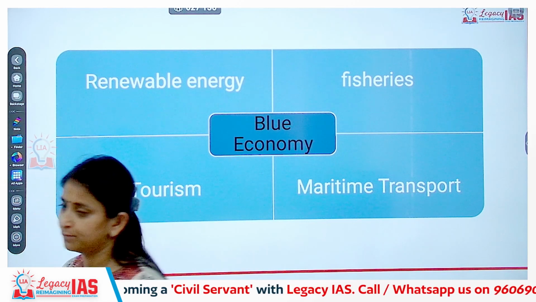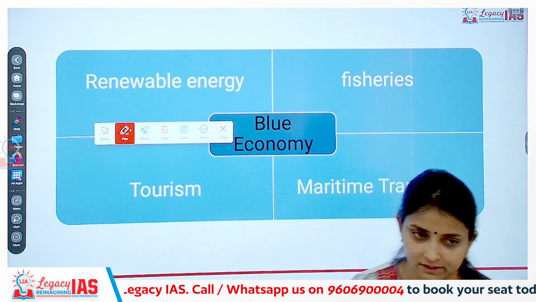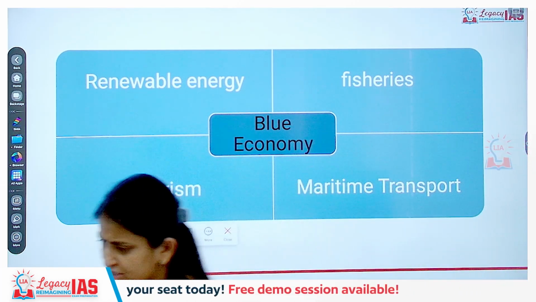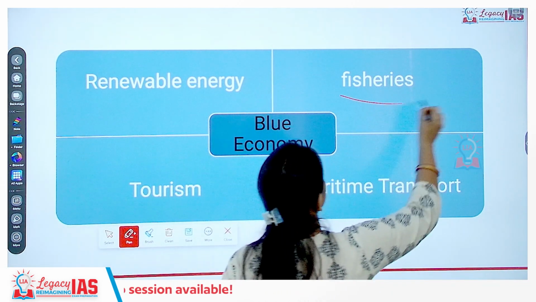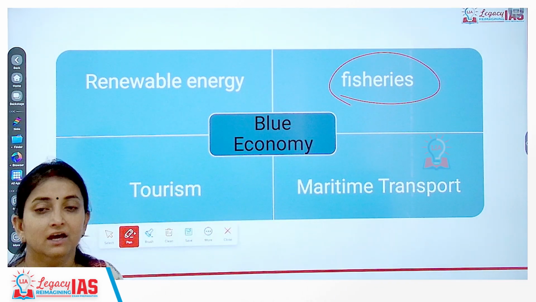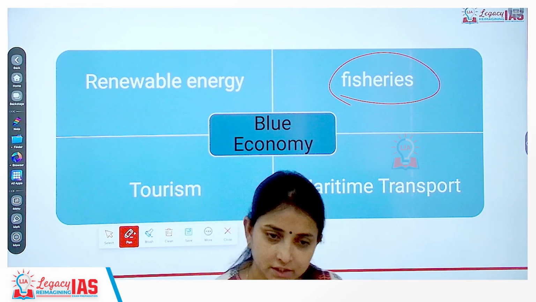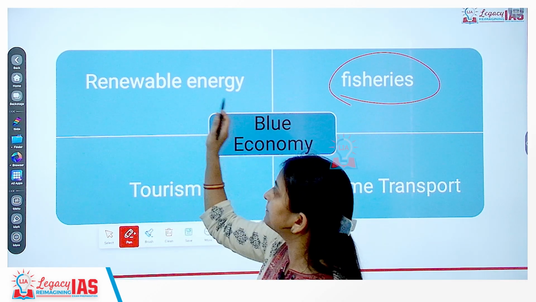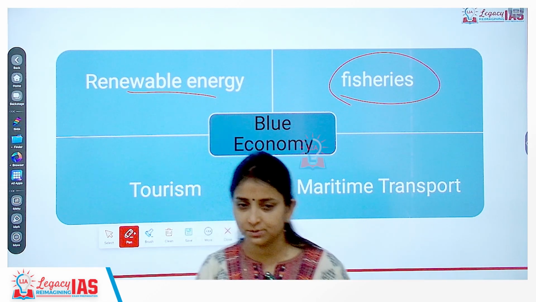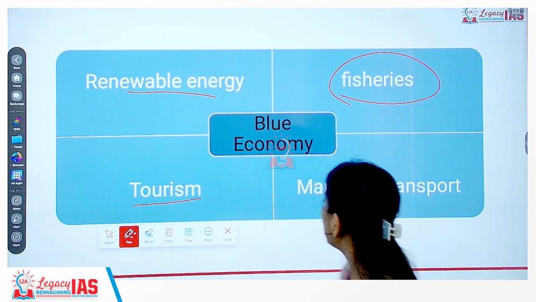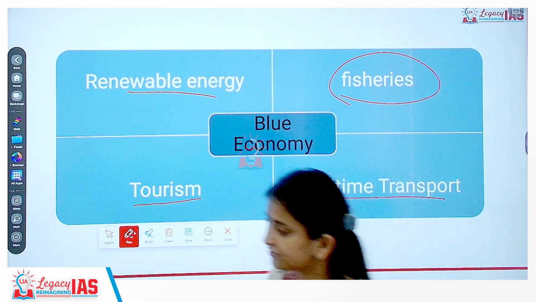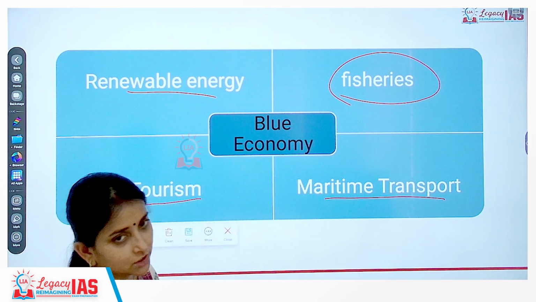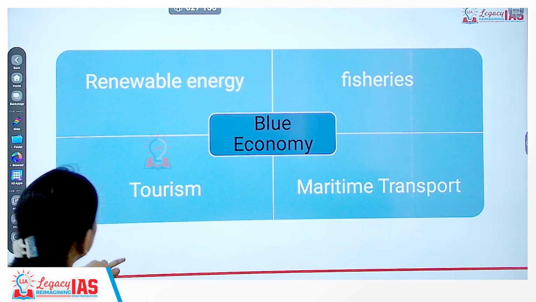So, what consists of blue economy? Blue economy consists of four major pillars. First is renewable energy. Under blue economy, we are focusing on the fishery sector, that is what we know most commonly, but the fishery sector is just one component of blue economy. Blue economy means making use of water resources for economic growth, livelihood and in a sustainable manner. So, it also encompasses renewable energy, mostly offshore wind energy policies, and also tourism as well as maritime transport. So, sea lanes of communication, sea lanes of transport as well as tourism, all of them will be part of blue economy. Okay?